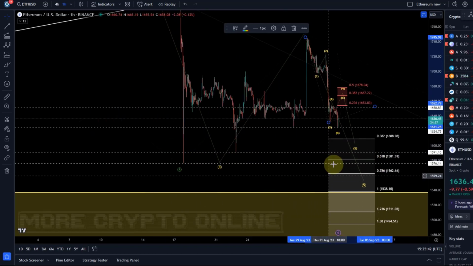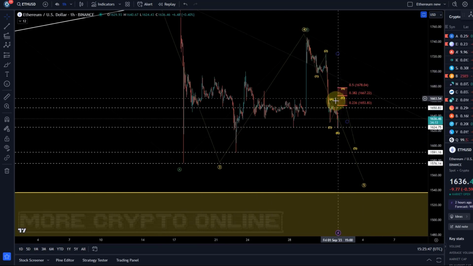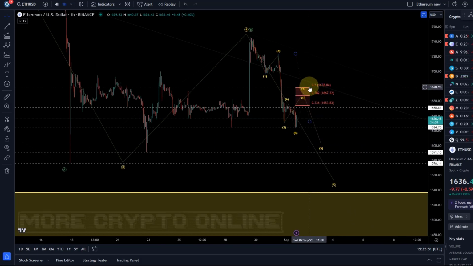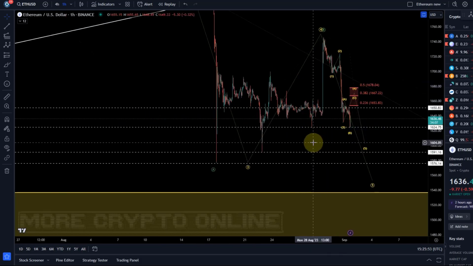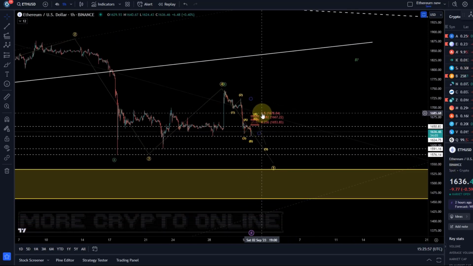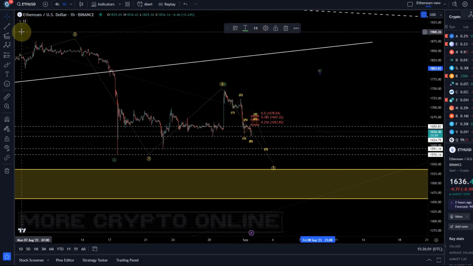For me, it doesn't matter if this is still wave 4 or already wave 5. The focus is on lower against 1678. That should be a very clear statement. If we rally above that level, I would assume that we are still in a B wave. We talked about that.